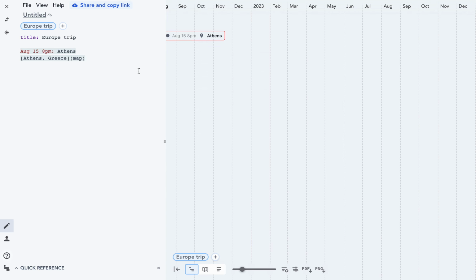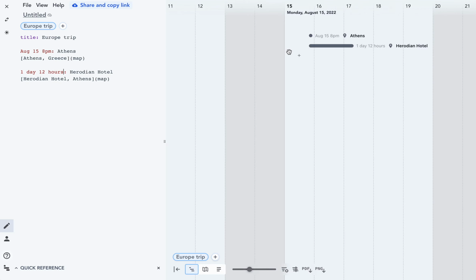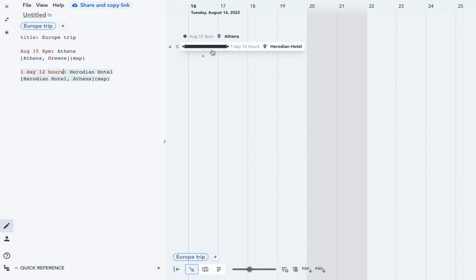And let's say we're going to be in Athens for like a day and a half, 1 day, 12 hours in the Herodian Hotel. And we can add a location of that as well. Herodian Hotel in Athens. And that's a map. 1 day, 12 hours. That's better. Okay, so what's nice about this is that instead of actually specifying a date here, I specified a